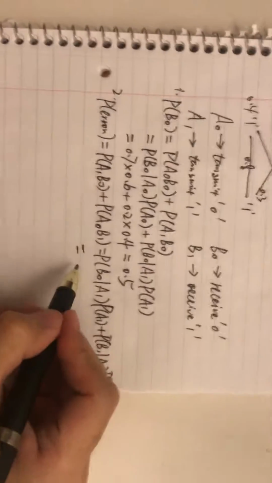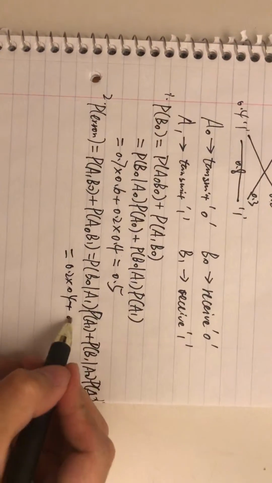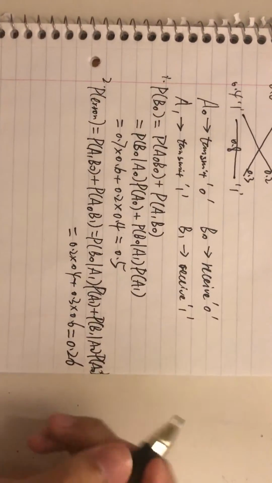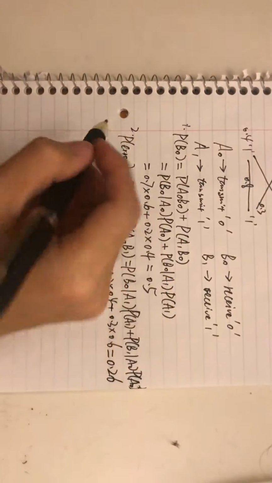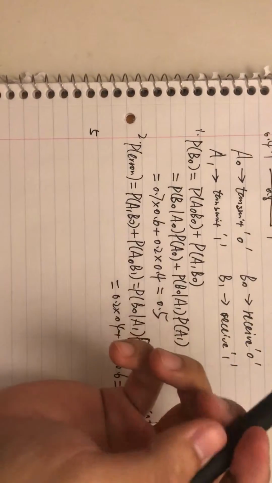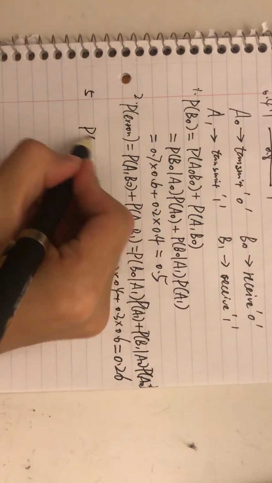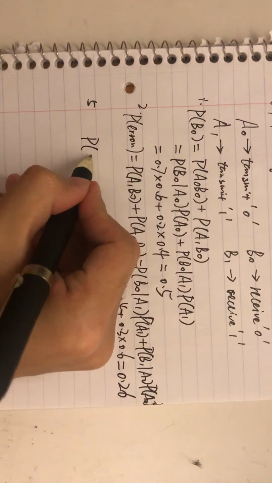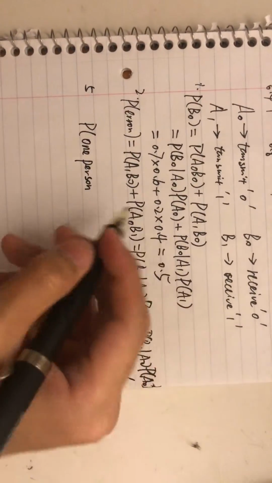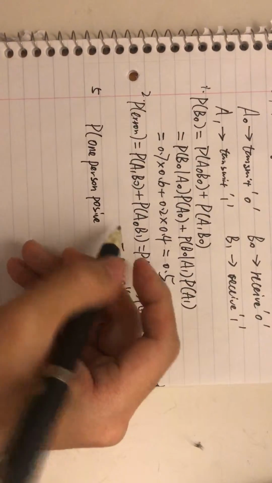So the final result is 0.26. Here's the second problem. In the problem, we already know that the event that one person's test result is positive has a probability of